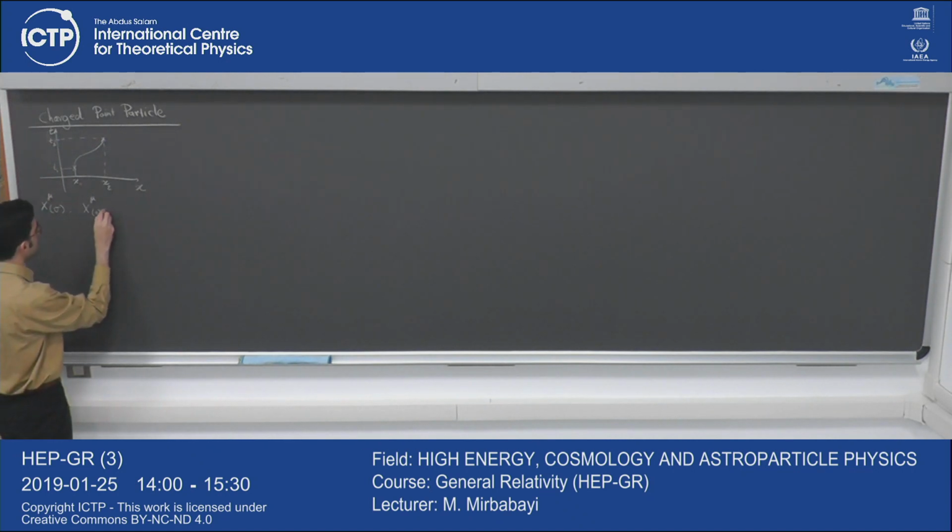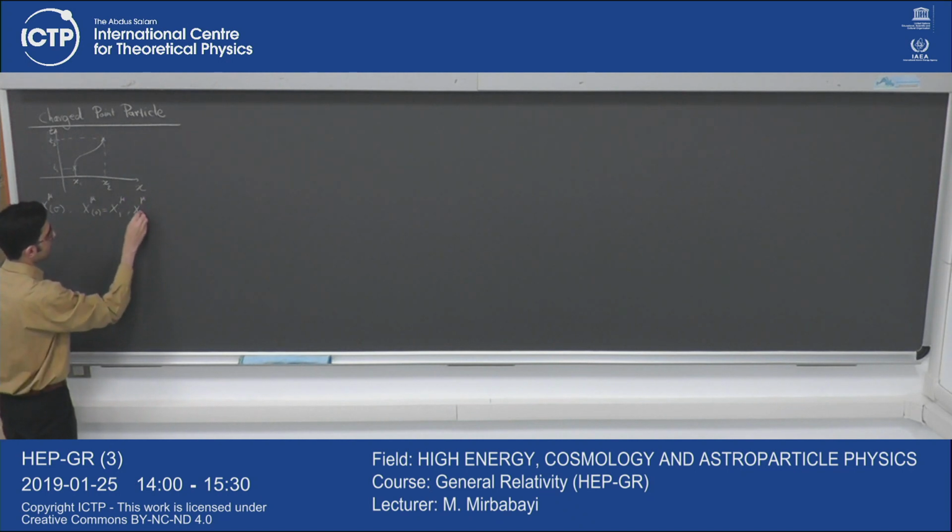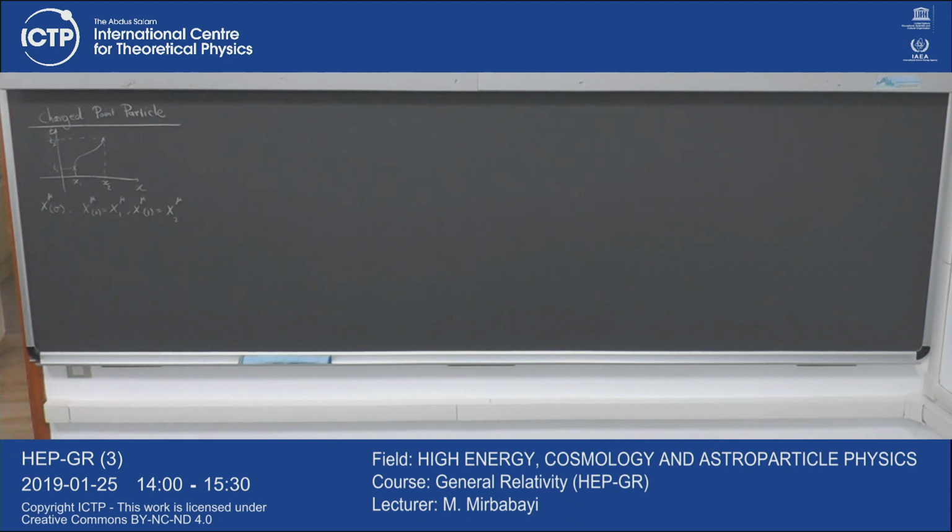So x mu of 0 is x1 mu, and x mu of 1 is x2 mu. And then the action that we wrote was just the Lorentzian length associated to this path. So S of this x mu of sigma for this path